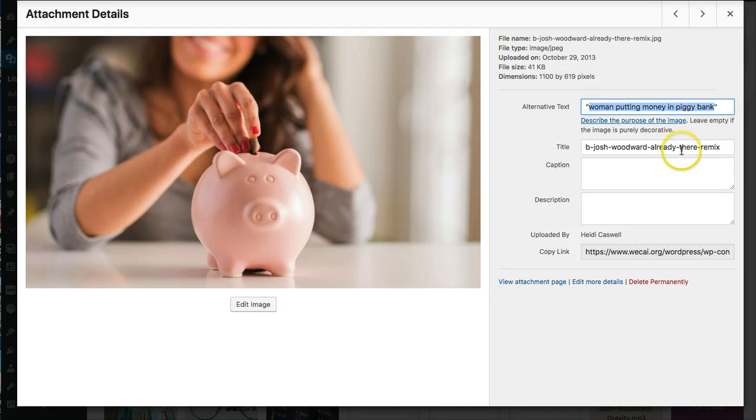I'm going to keep the Josh Woodward there because that's probably the author or the person who created the image. So I'm going to want to give him credit when I go into the actual article and post it, and then I will change the title. And the title will be whatever the title of the article is. Typically, so is the alternate text and the description. So I'm going to just hit